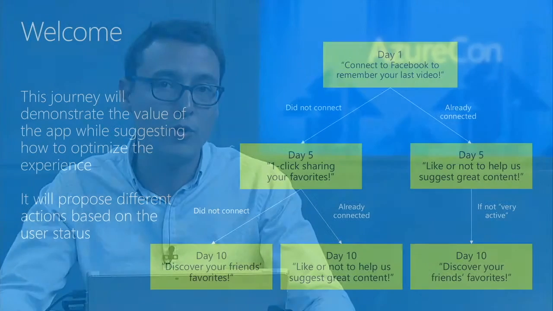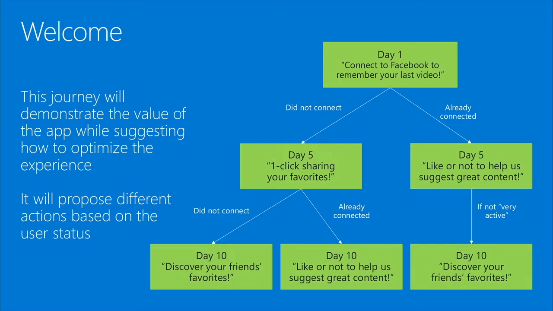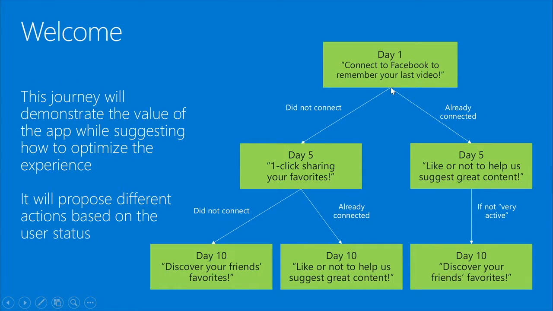So here I took an example of an app that is a typical video on demand type of app, and through the welcome process over the course of 10 days, we are going to send 3 messages depending on the situation of the user. And the objective, again, remember, is for you to demonstrate, to explain to the user what will be the value, and for you as an app owner to get to know your users better. So typically, day one could be, hey, connect so that you can remember where you were with the play of your last video. This is a pretty straightforward example of a value. I'm going to read a video.